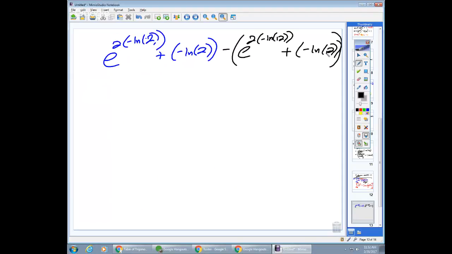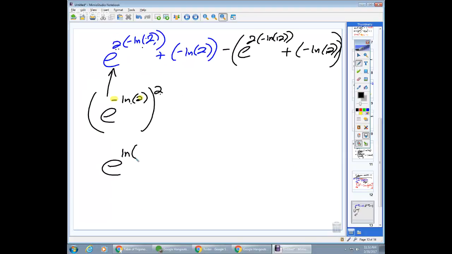Okay, so if I switch the 2 and the natural log there, then I can rewrite this. Just let's focus on that guy for a sec. That would be e to the negative natural log of 2 squared from that 2 in front, right? Because power to a power means multiply them. We have another rule that says this negative right here can be brought in as a power of the base. So based on the rules we reminded ourselves of last time, this is e to the natural log of 2